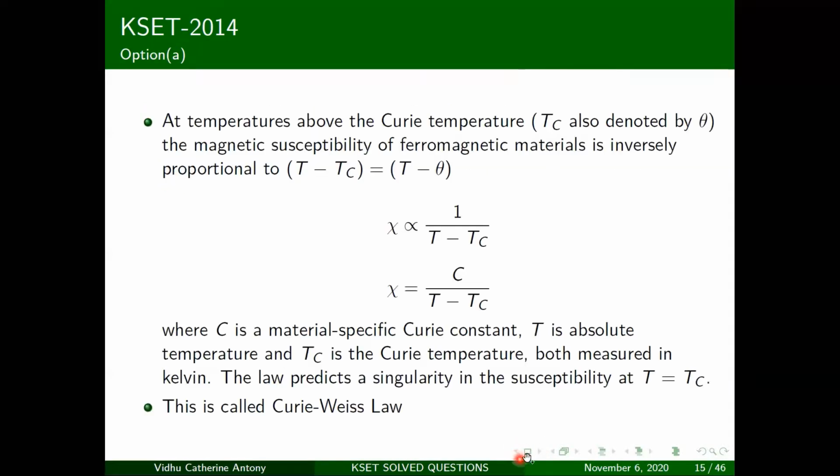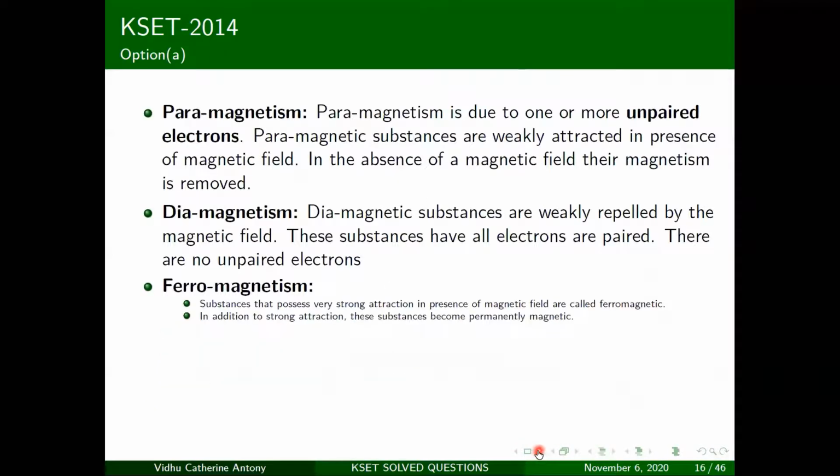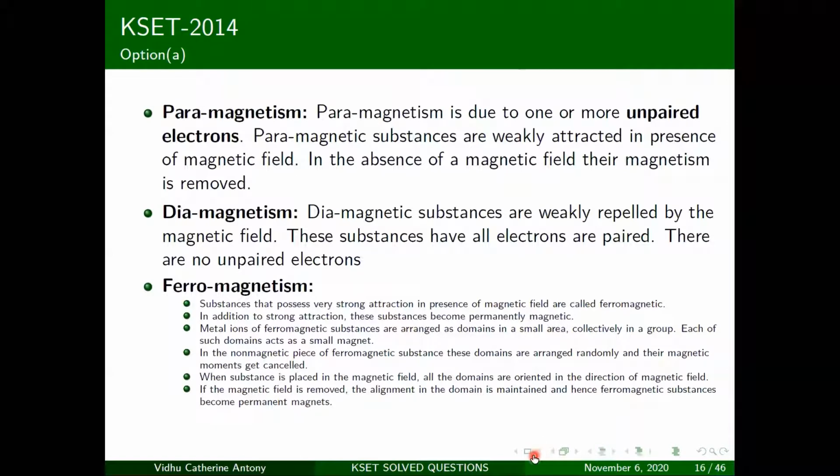I did this because there's a question coming up next, and they gave all the options: paramagnetic, ferromagnetic, diamagnetic, all that. Even though we learned this all in BSc, there is a tendency to forget this. So I'm trying to give you some kind of a visual aid in order to remember this properly. So what is paramagnetism?